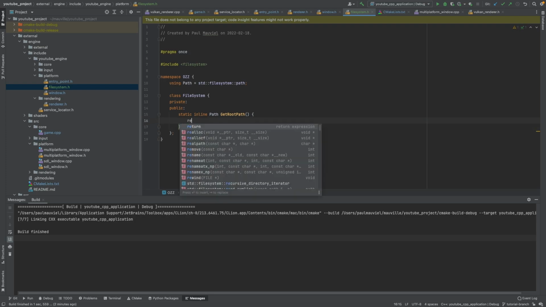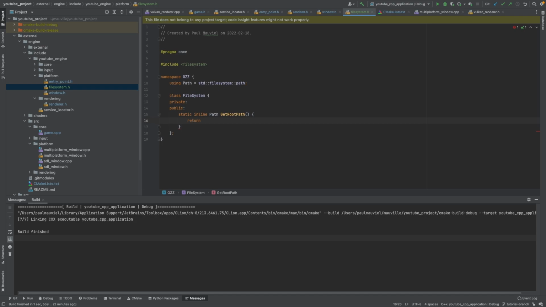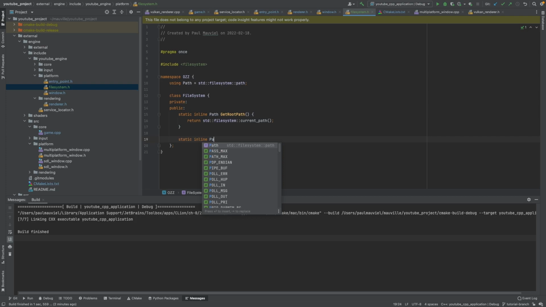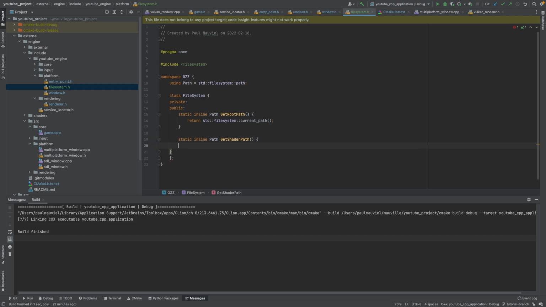Come on. And here we're going to say std::filesystem::current_path, and we're just going to return that. We're going to make another one, static inline path get_shader_path, like this. And we are going to say return get_root_path